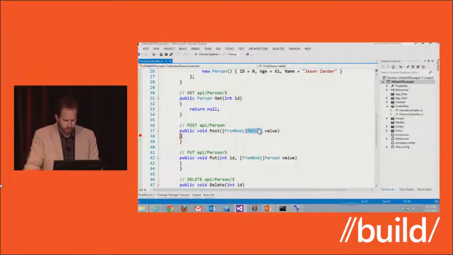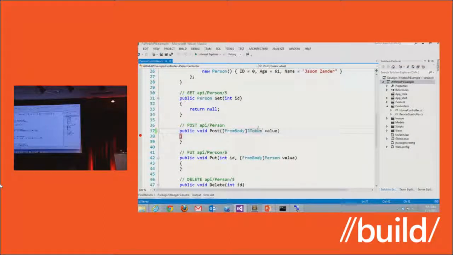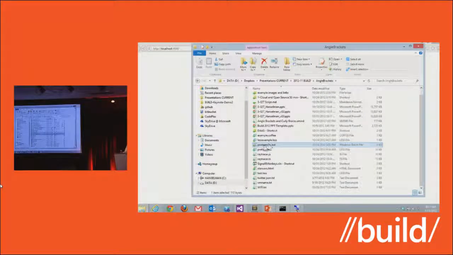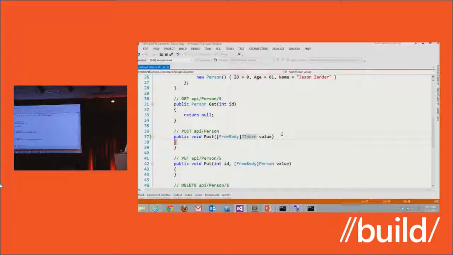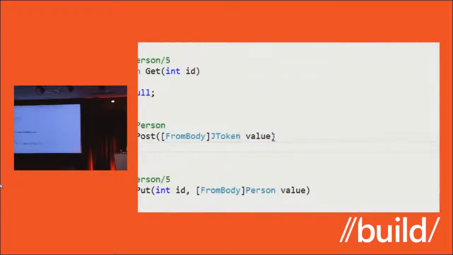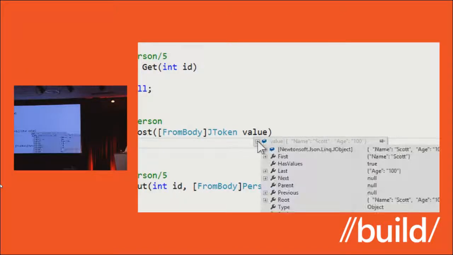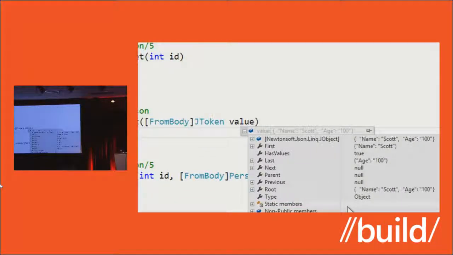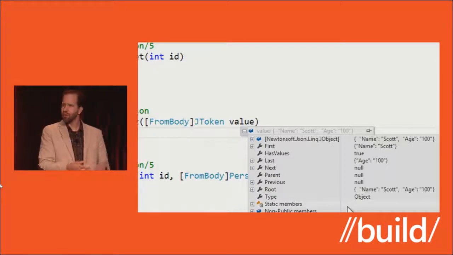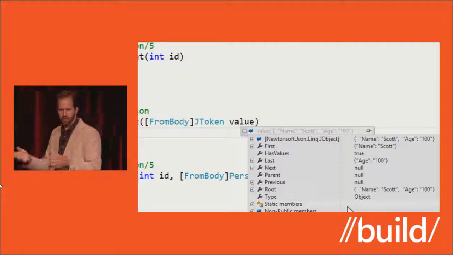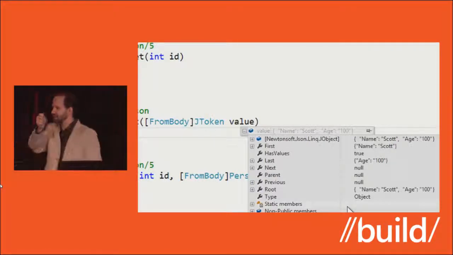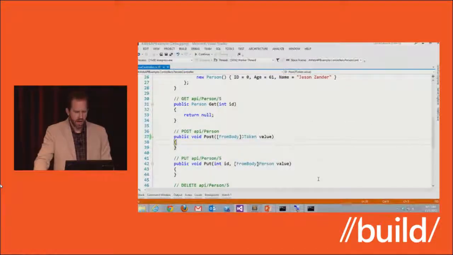Let's change person, and let's use JToken. That's saying, this is some JavaScript. I don't know what's in it. It's kind of a bucket. Think of this as kind of like a DOM. Remember DOMs in XML? Think of this as like a DOM for JavaScript. I'm going to go and post that. Here it is. Now I've got this bucket of stuff, and I could link my way through it. I could add and remove JavaScript from this, and it wouldn't break because this deserialization wouldn't break. So I've moved the slider bar slightly over. Okay? This would be kind of like not statically typed and not